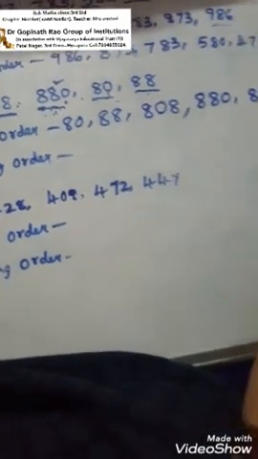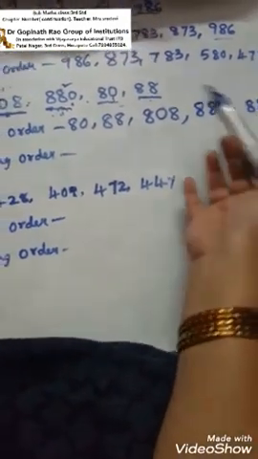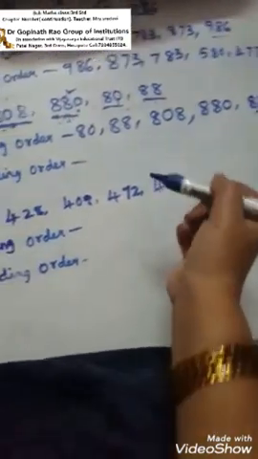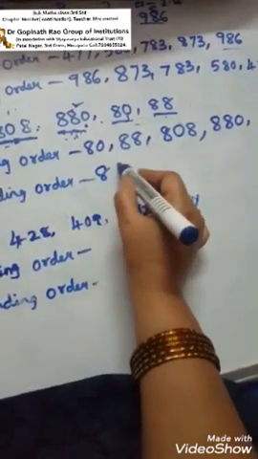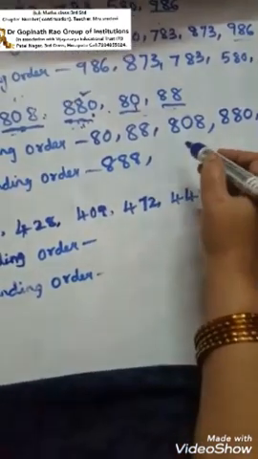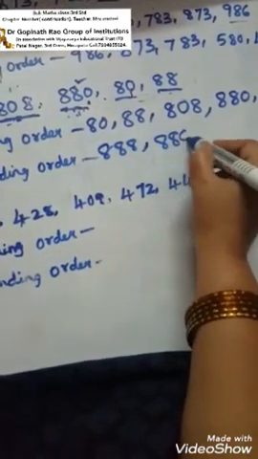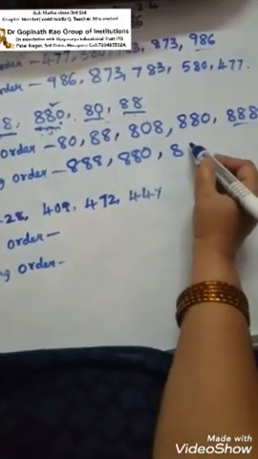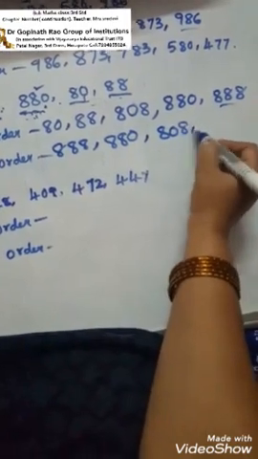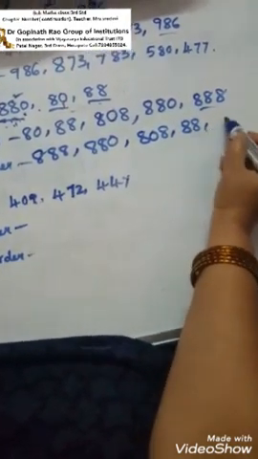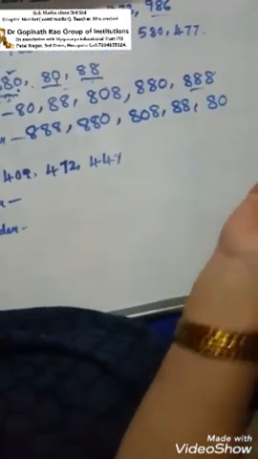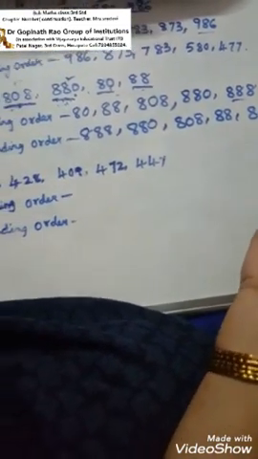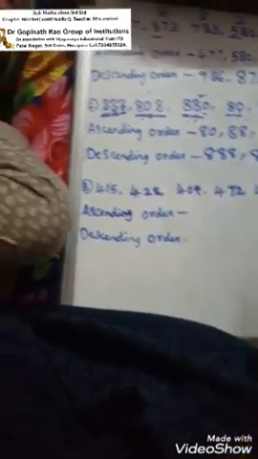Now what we have to do? We have to write in descending order, means bigger number to smaller number. So this is the bigger number here. Write down 888, 880. Next bigger number is 808, 88, then last, 80. Okay children, it's very easy. Next,